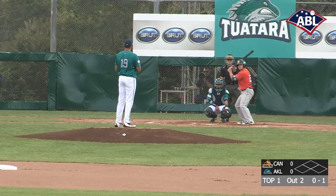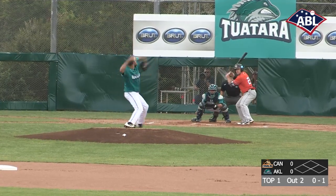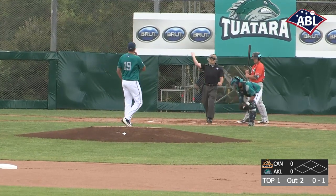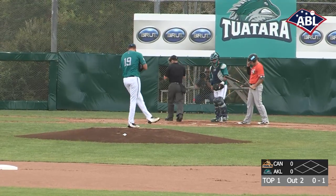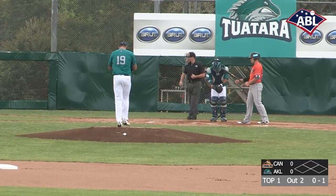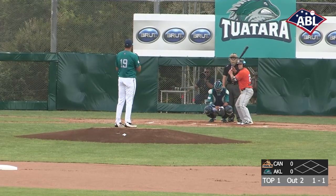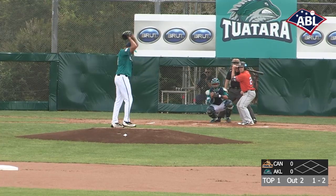Possibly something that let Cole Mentor down slightly in his last appearance. He fell behind a few of the Brisbane hitters. But certainly not a bad start, not a bad appearance in his last appearance against the Brisbane Bandits, only giving up 1 run there. Well, we do have much higher expectations of Cole Mentor than we would of the typical